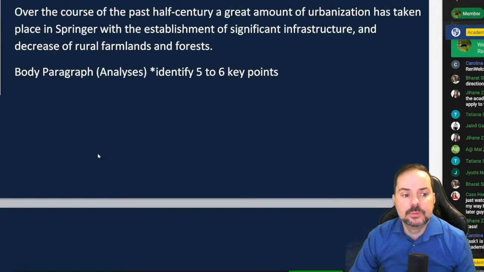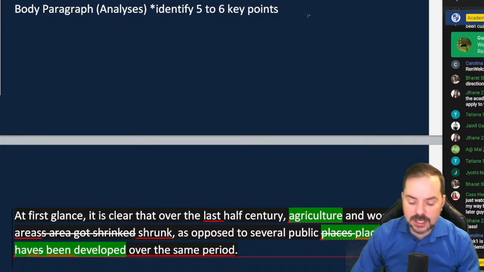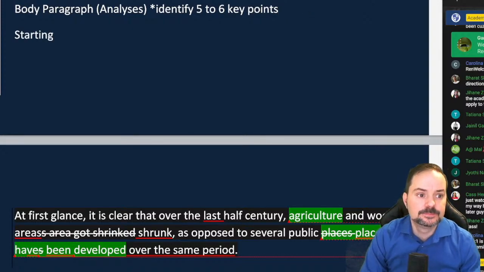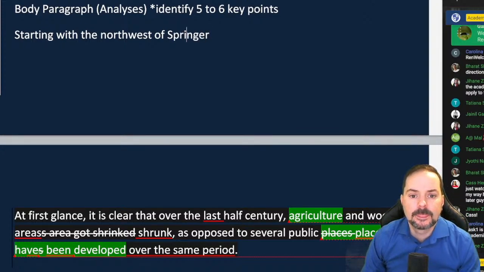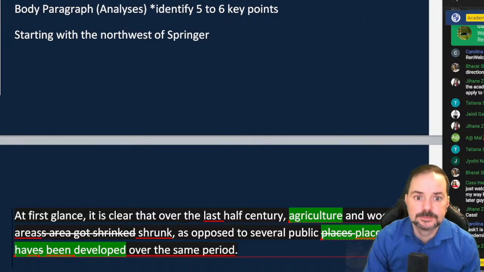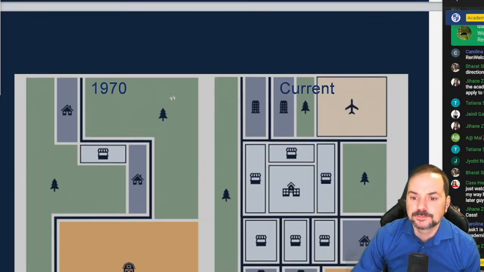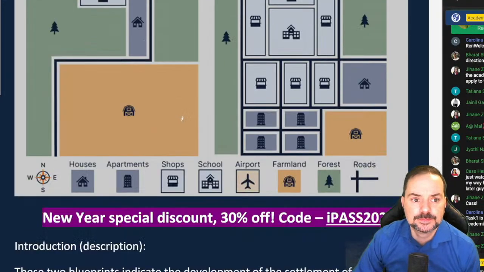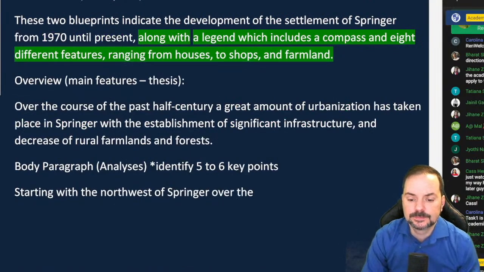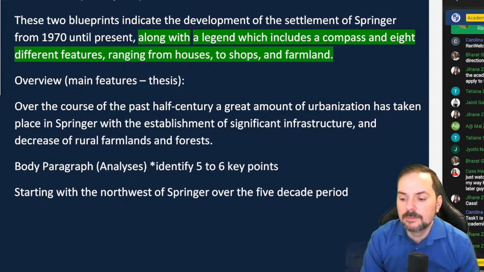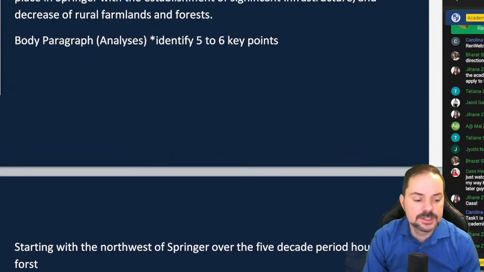Okay, and we can say that to our readers. So we can say, starting with the northwest of Springer, okay, over the course of 50 years, over the 5-decade period, houses and forest